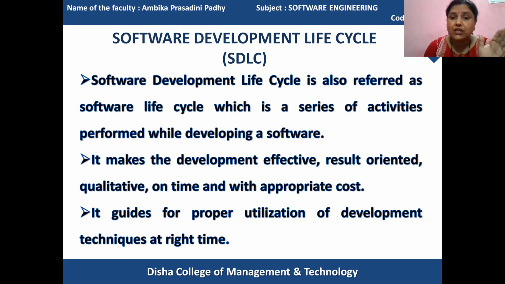And when the software product is being executed, what are the executable criteria? What are the executable elements? What are the methods used? Which type of information is to be processed, and how? Everything is identified. And when the product development process is carried out, how will it be effective, result oriented, and qualitative, and how will the product be submitted on time for the customer's needs to be satisfied at the right moment, and within the right cost investment.